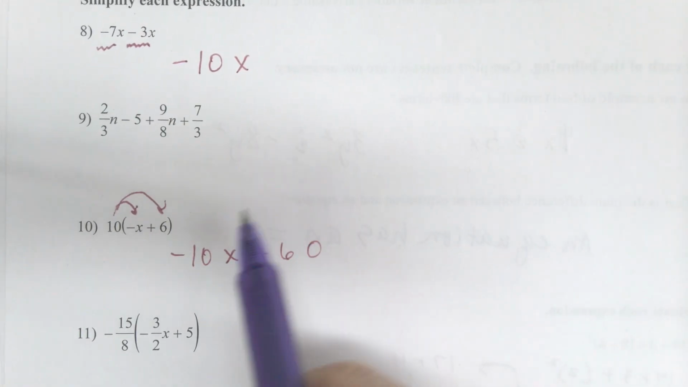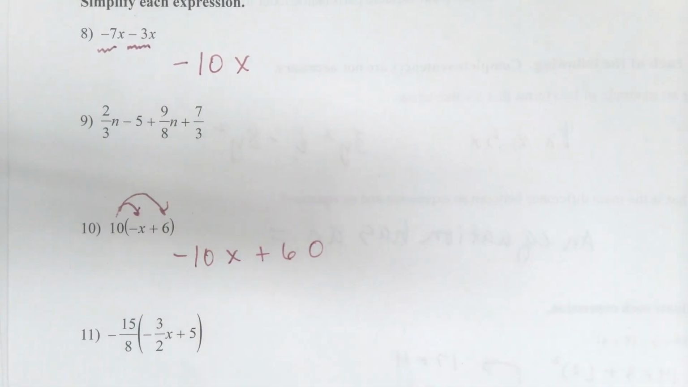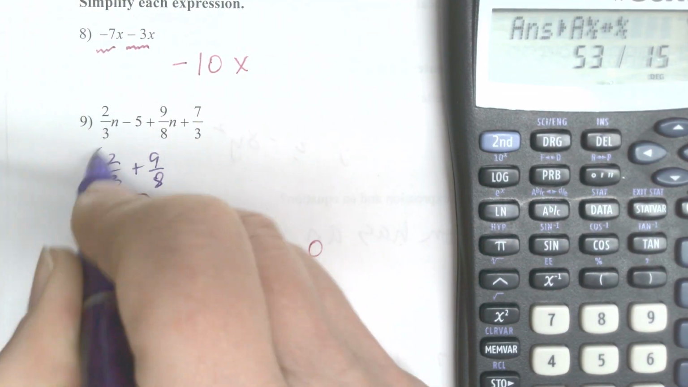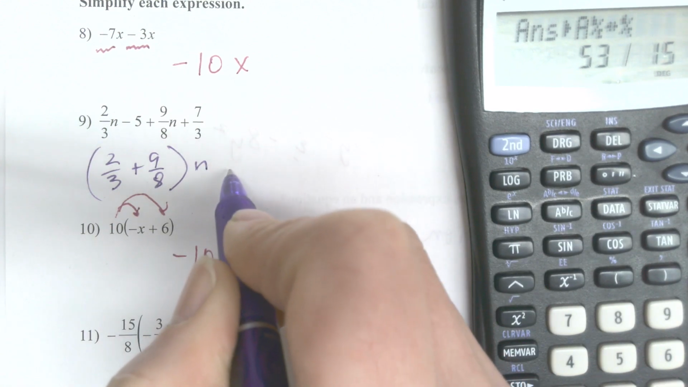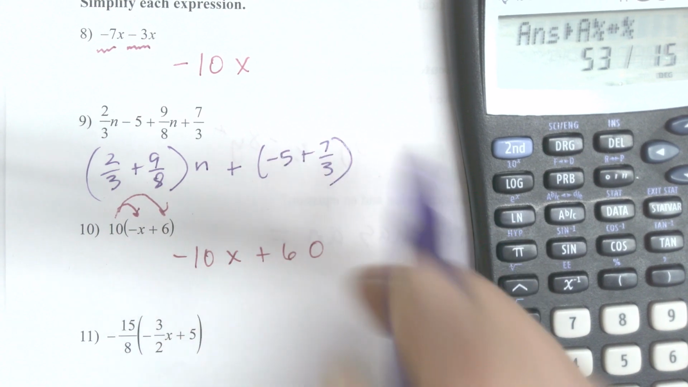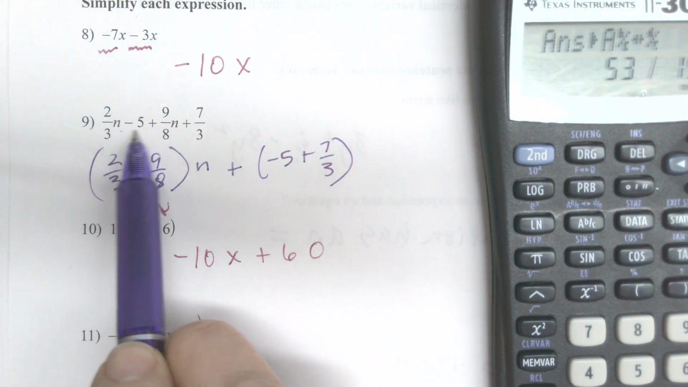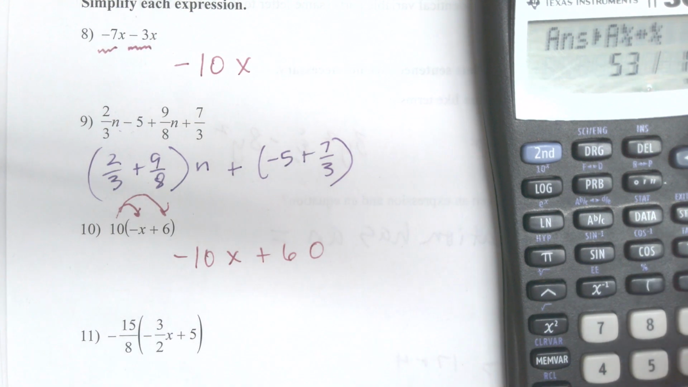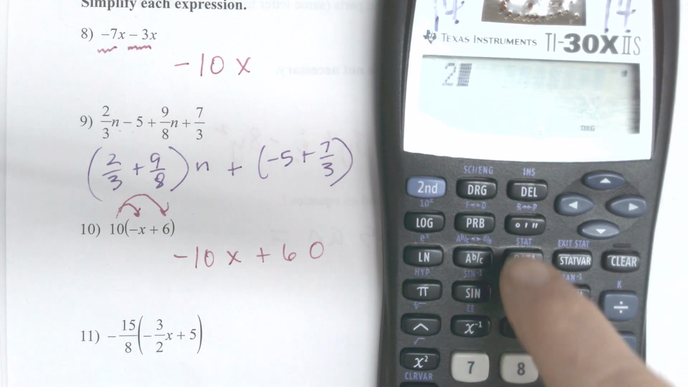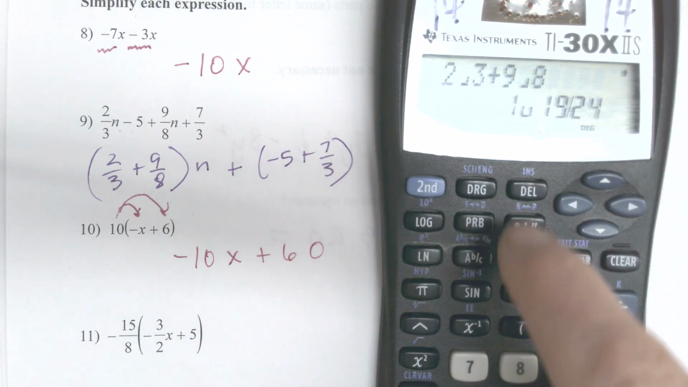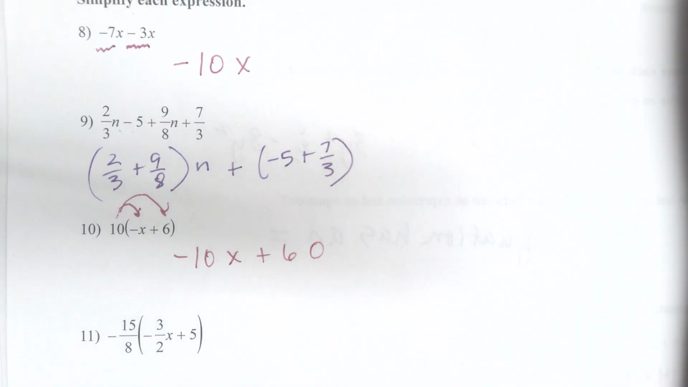Moving on, don't worry about fractions when you have variables involved. This is just going to be 2/3 plus 9/8 n, and then it'll be plus -5 plus 7/3. So I'm going to have to do both of those parts, so -5 and 7/3, that was the second part, plus between them. So again, I'll do my calculator, 2/3 plus 9/8 gives me 1 19/24, so I'll convert it to improper. So 43/24,